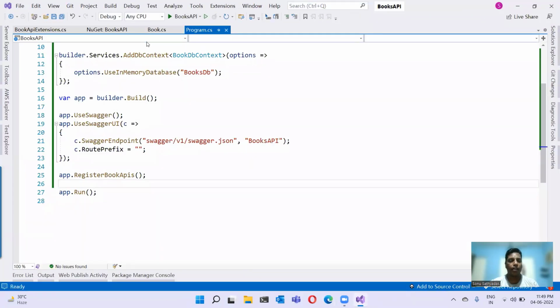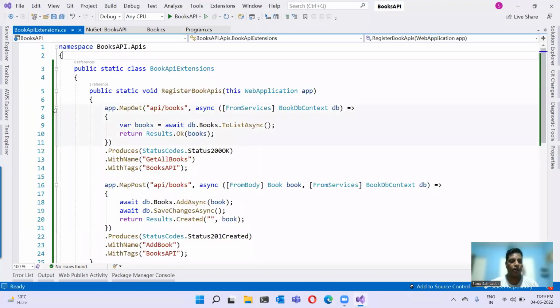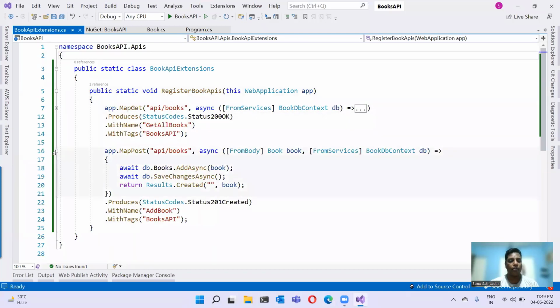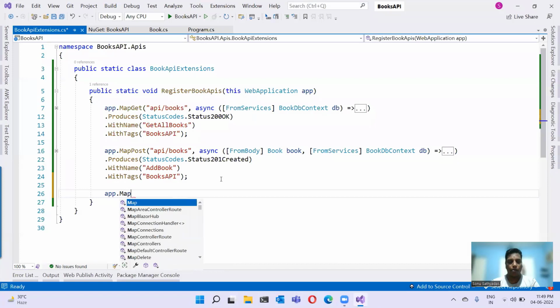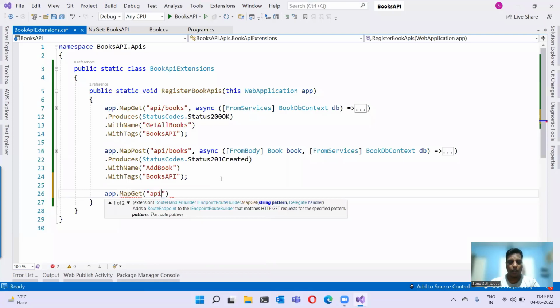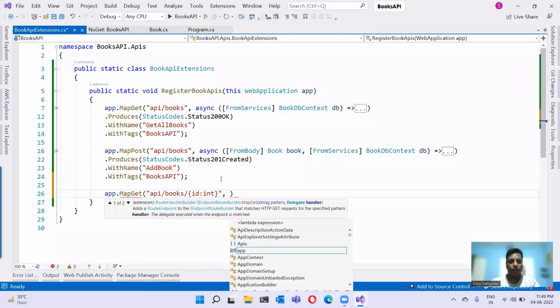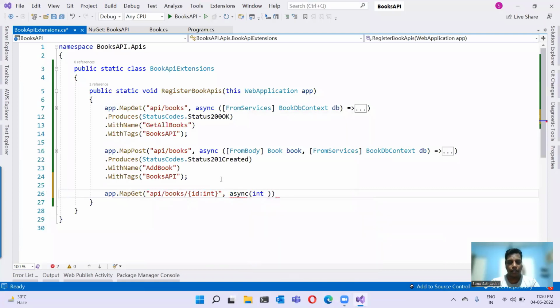Now we can keep adding the additional methods into this extension method. So we already have these get and post methods. We can also add a get by ID method, that is app.MapGet, and we can specify the URL template as api/book/{id}, and ID must be an integer. So I'm using this constraint here, and then I can say async, int id,